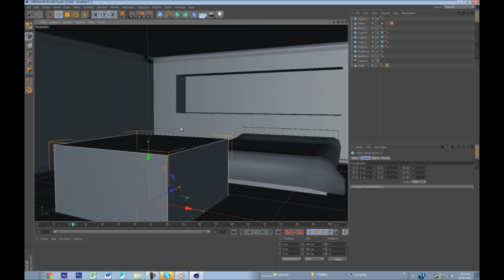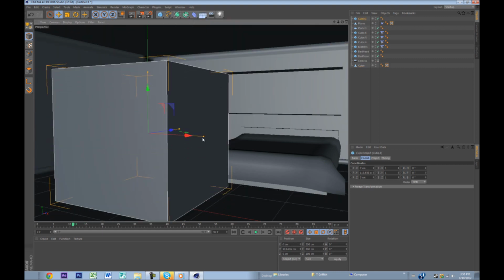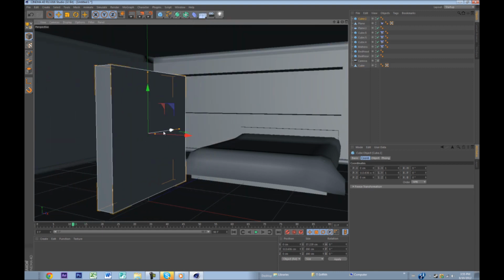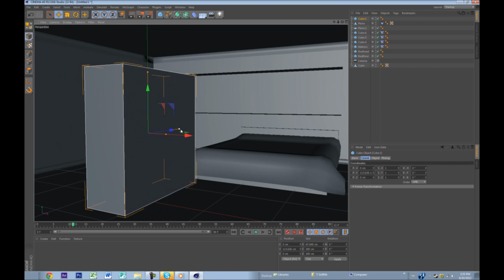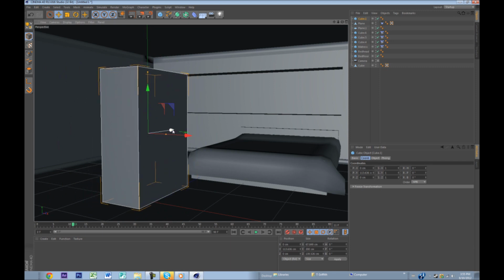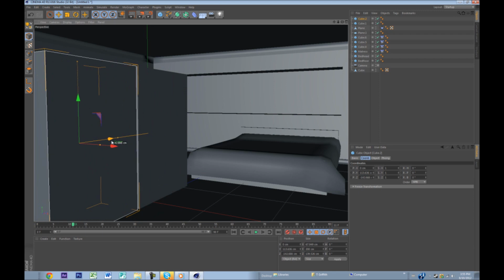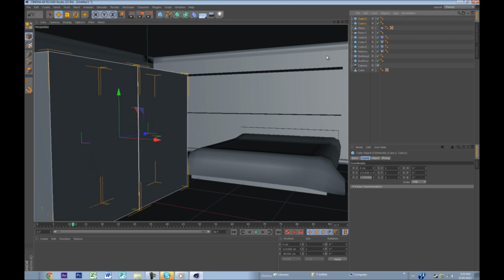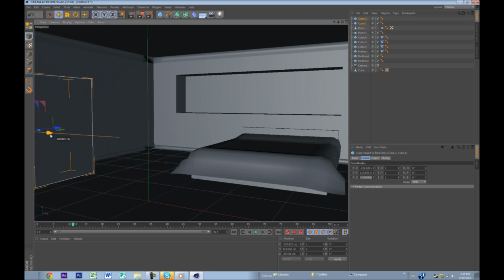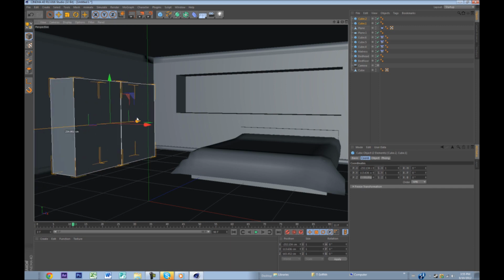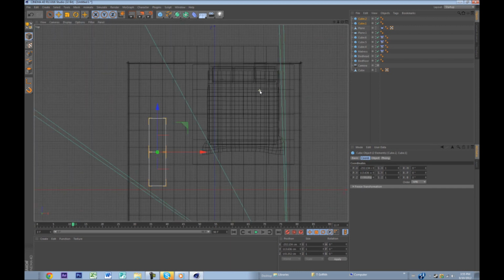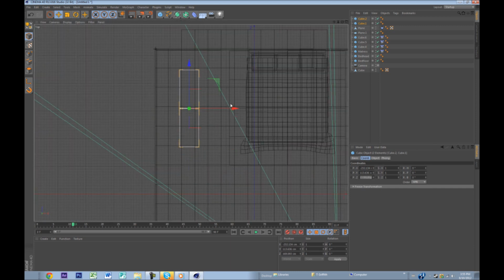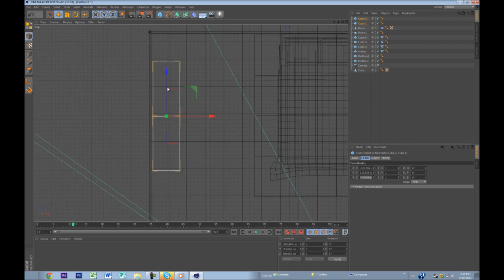I'm going to say we're going to do a wardrobe now. So let's, as I said before, drag it out, so the size of a wardrobe, drag it in. I'm going to make 2 wardrobes. Make 2 cubes, push them to the side, and you can check all this by using your actual tool, by clicking scroll and just placing it in the exact position that you want. I'm going to place it over here,